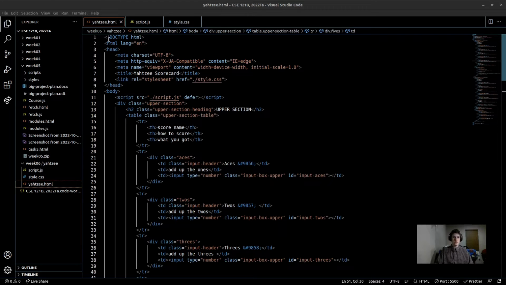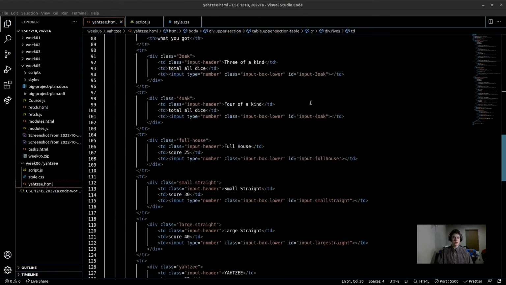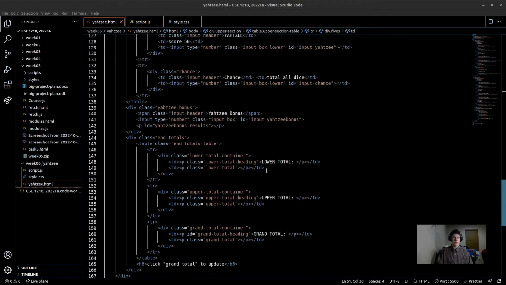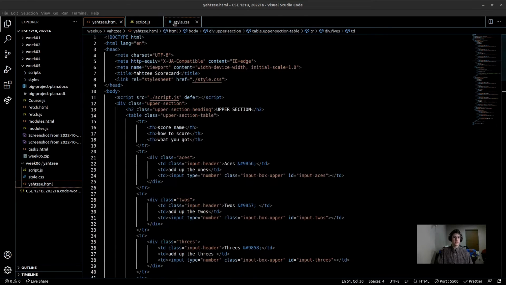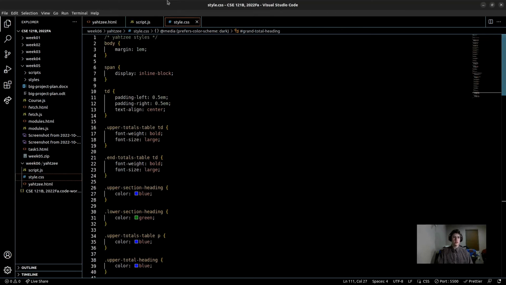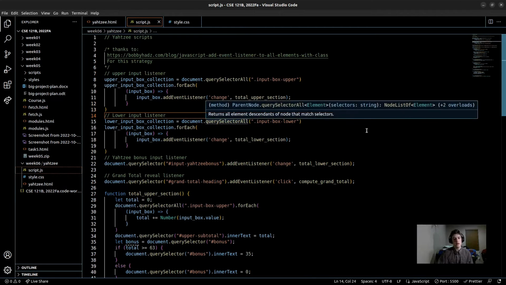This is code only in name. This is HTML, hypertext markup language. It's full of all these tables and divs and classes and stuff that I use to structure it. CSS makes it look nice. And script.js, this is where the magic happens. I have a bunch of functions, and I have these upper input listeners and lower input listeners, and what they do is they